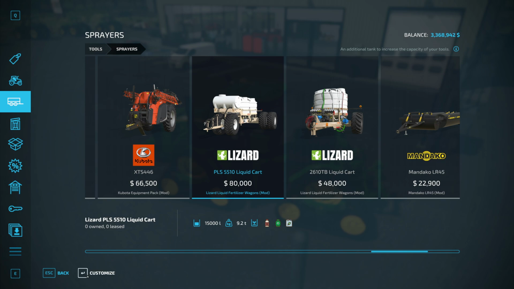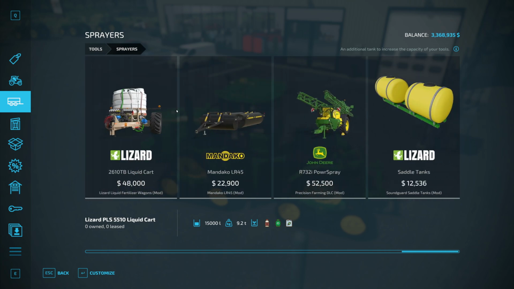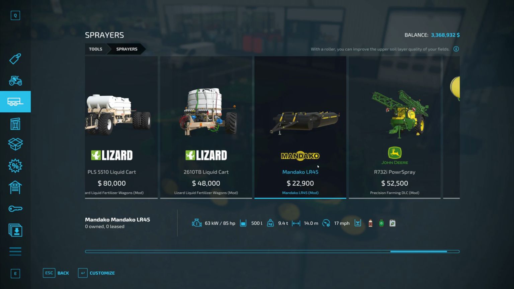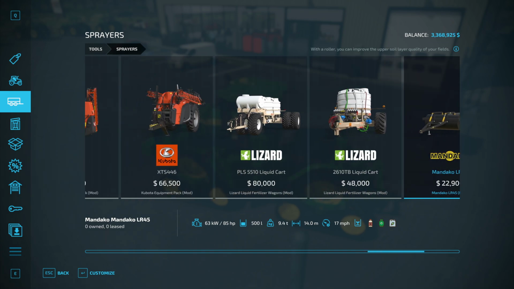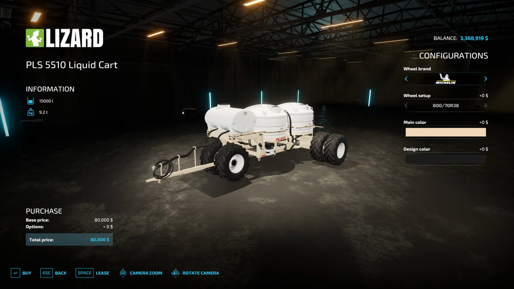There's two different ones here. I think it's just a smaller one and a large one as far as I know. There's a roller there, too. That's interesting. I wonder if that roller can improve the upper soil layer quality of fields. It used to be, for those who remember, back in Farming Simulator, was it 19? The roller, was it fertilizer? I think it added fertilizer or something like that. Back in the day, rollers had no function in the game. Now, obviously, there actually is a roller function, but...